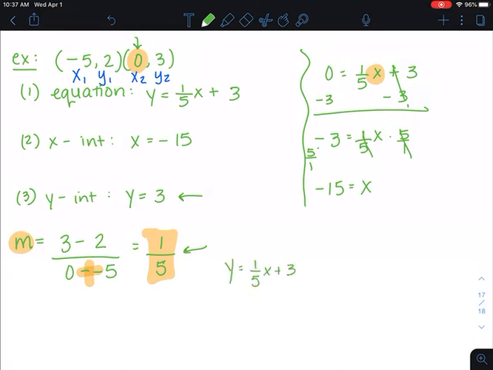So then your final answer would be the equation, your x-intercept, and then your y-intercept. Alright, there you are. So your assignment's going to be on Go Formative. You will complete those for your